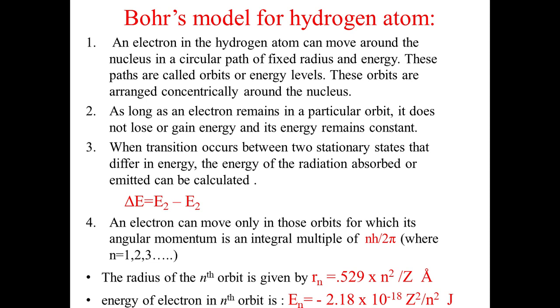That means those elements or atoms which possess only a single electron, because hydrogen has a single electron, an electron in the hydrogen atom. So what are the postulates? The first postulate is that there is electrostatic force of attraction between the nucleus and the electron, and the electron revolves around the nucleus in a fixed orbit that is called a path, energy level, orbit, shell, etc.